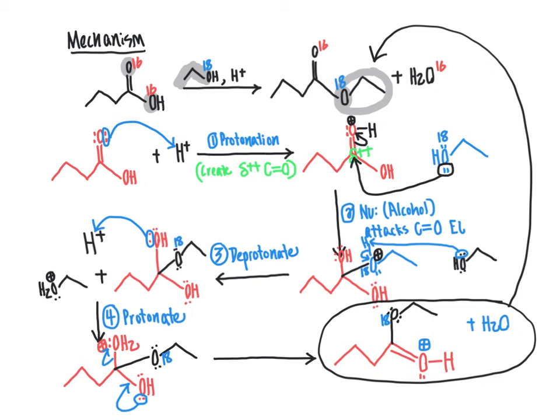And so the last step of this mechanism, which will be step 6, is a deprotonation step. I did not label step 5 here. I have the arrow, but I don't have it numbered. So step 5 was the leaving group water leaves from the molecule, creating this as our most stable resonance structure